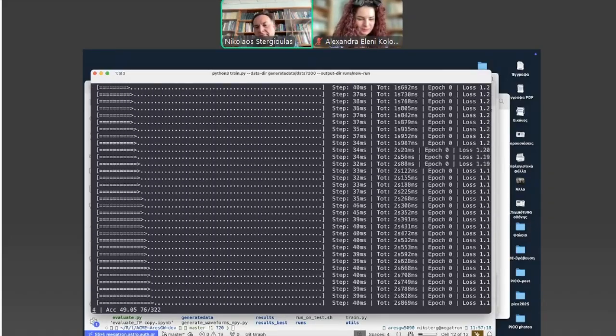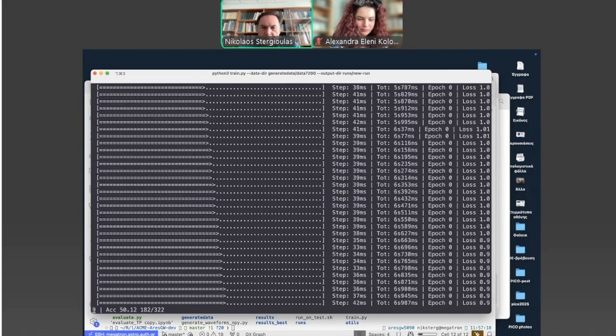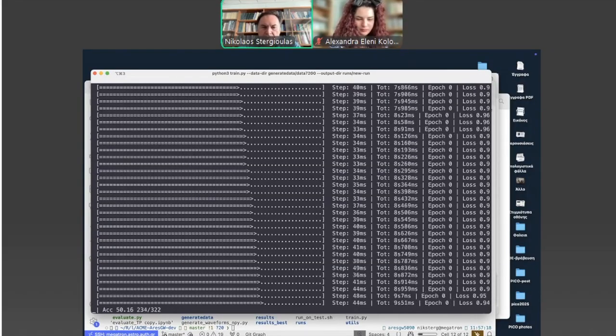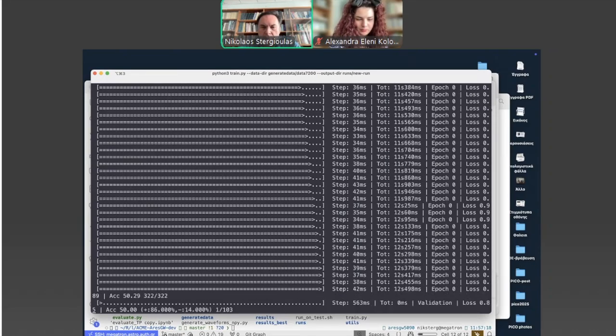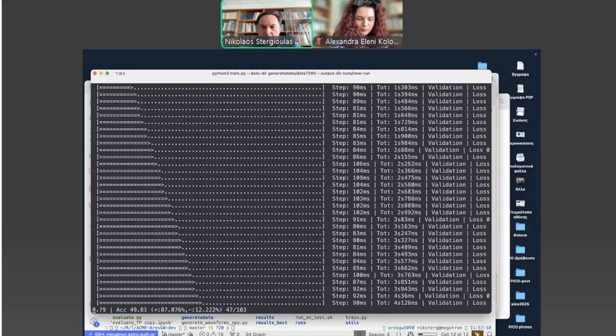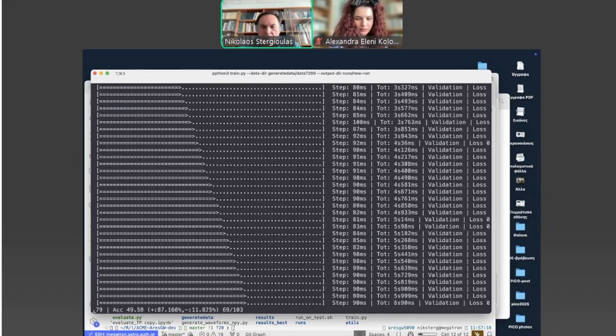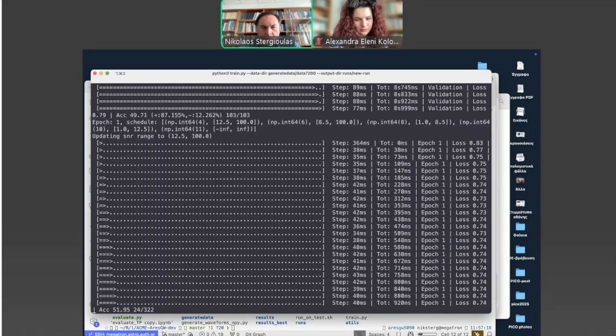Here it goes. So AresGW is running on GPU, and you see here it is at epoch 0, already done. It goes to a second epoch. In total, it will run for 15 epochs.